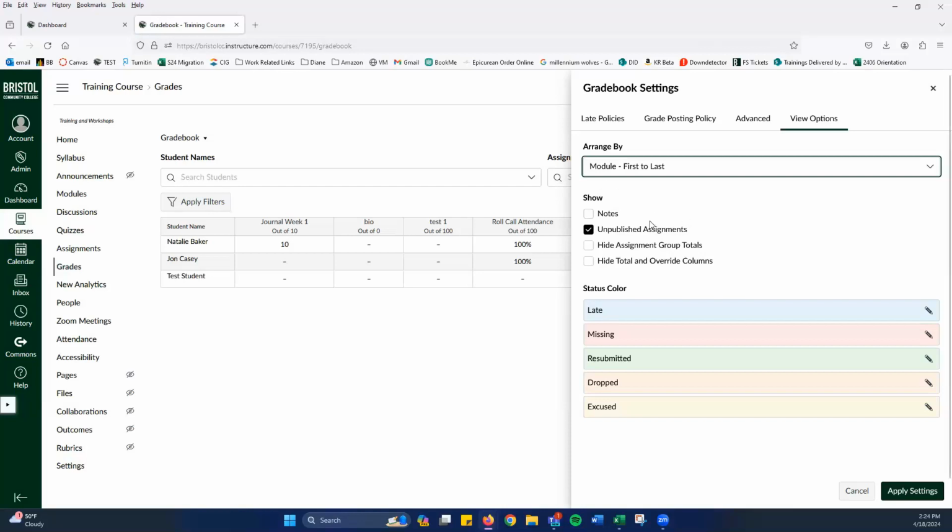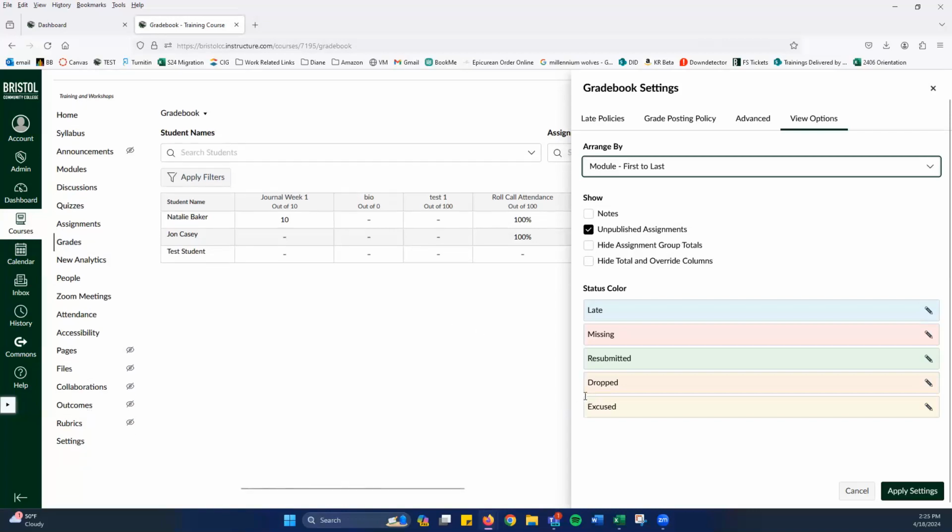And then you have choices. What do you want to see? Do you want to show notes? Do you want to show unpublished assignments? Do you want to hide assignment group totals? Do you want them to see the total and override columns? So if you want the assignment group totals to show, you would check that off. And then you can